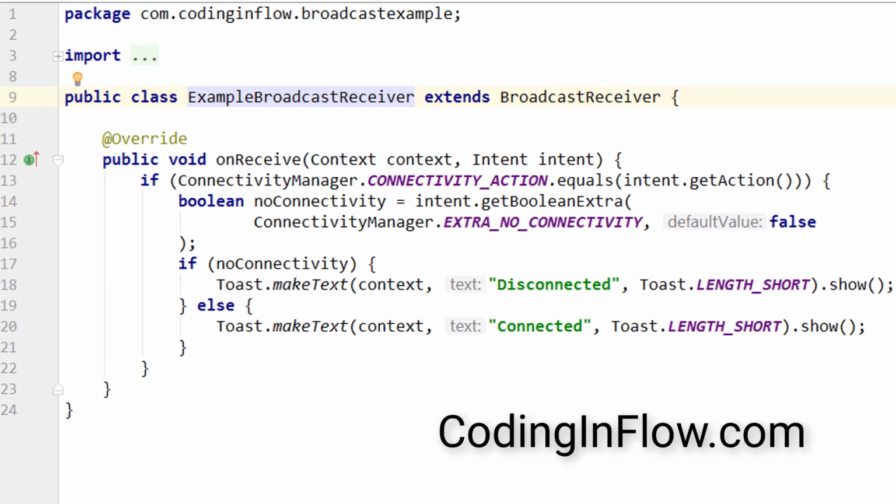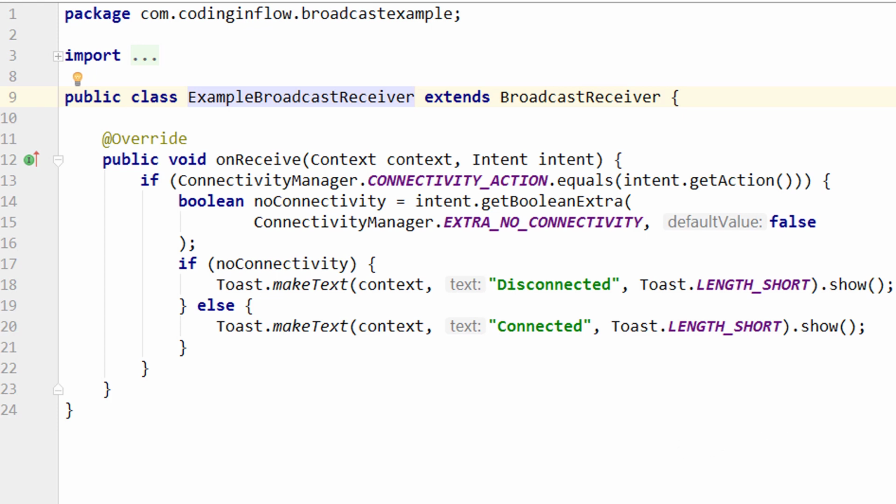So now we already learned how to statically and dynamically register a broadcast receiver that listens for different system events. But instead of just listening for system broadcasts, we can also send and receive our very own broadcasts. And these broadcasts can be explicit broadcasts, which means that we specify the component that we want to trigger directly. For example, we could say, okay, we want to send a broadcast that only triggers our example broadcast receiver and